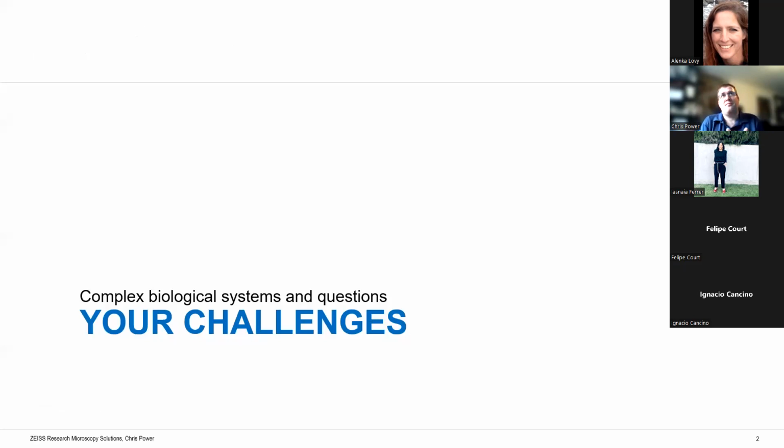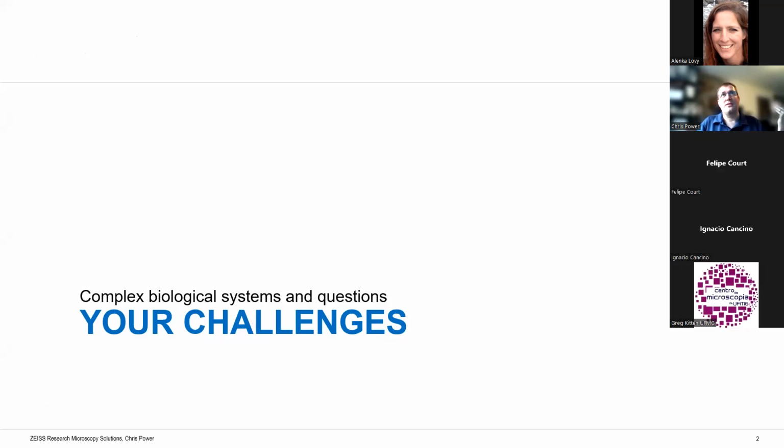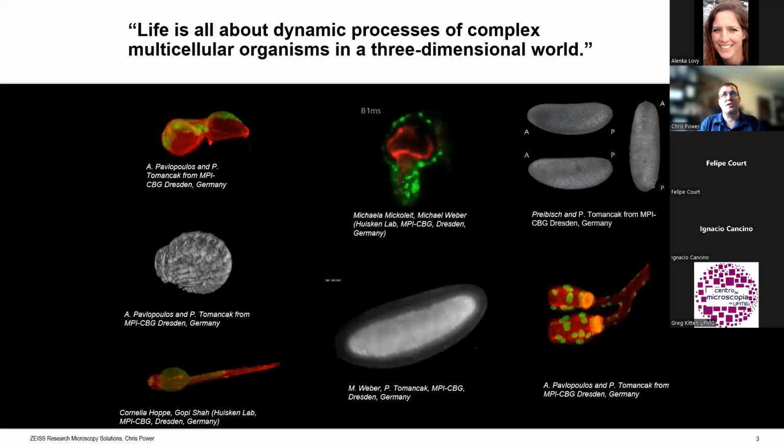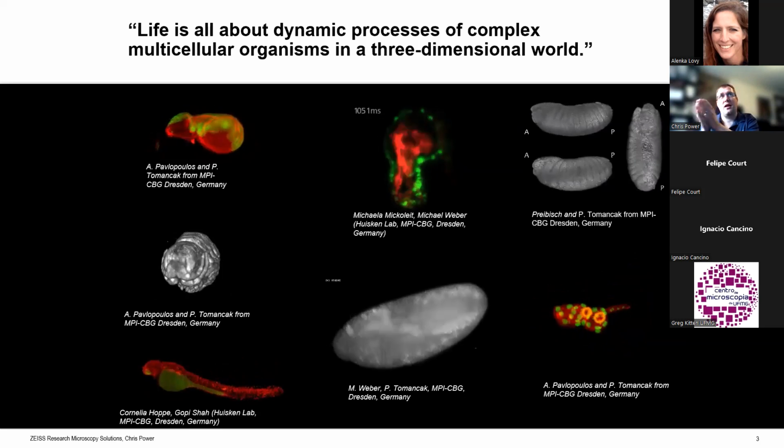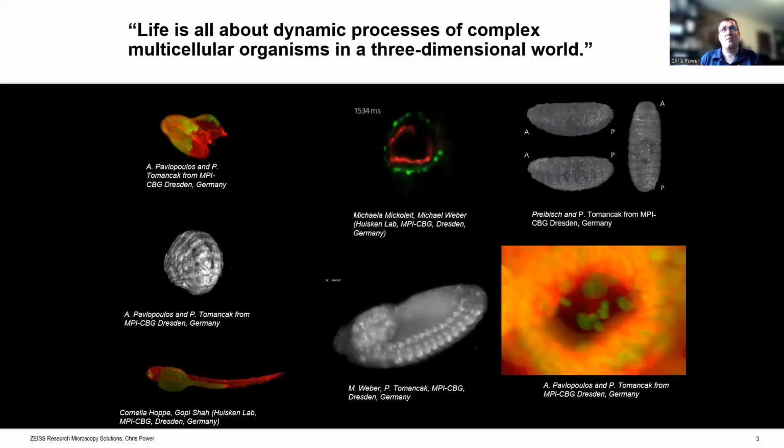The main drive behind light sheet was at the time, back 20 years ago, people were using confocal, and as popular as confocal microscopy is and variants of confocal, it was only really good for things that were maybe 50 microns, 100 microns thick. Now, I know those systems have got better at looking at deeper things, but for those of us who look at organisms or tissues which are thicker than that, the confocal just wasn't up to the task. And so we wanted a system that looked towards live samples, but live thicker samples, such as you see